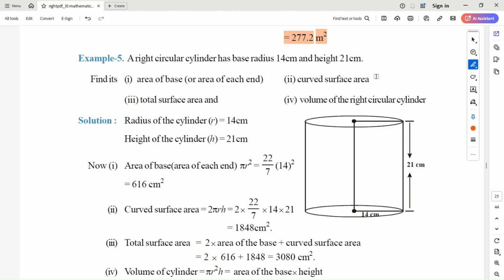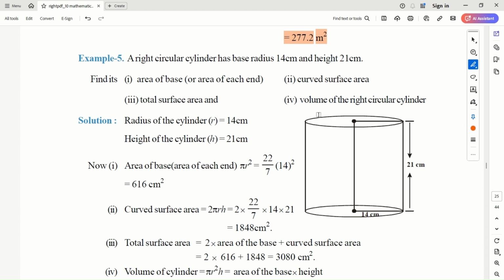Then curved surface area is 2 pi r into h. Okay, 2 pi r is this perimeter. If I stretch this cylinder into a rectangle shape, 2 pi r is my length into h, correct? So curved surface area is 2 pi r h. Substitute the values again. Total surface area is 2 pi r h plus 2 pi r square of the base